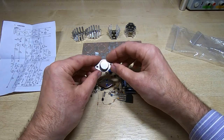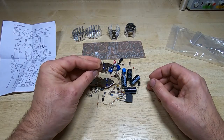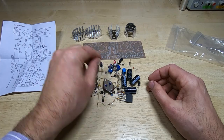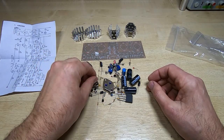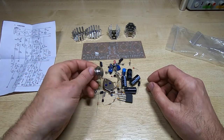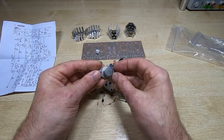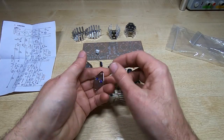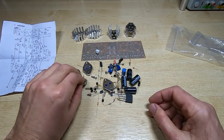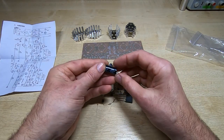There are no markings on these devices. There'll be something along the lines of a 2N3055, but there are no markings on any of them, so they could be anything. So I don't think it's been scrubbed off, it just never seemed to have been marked, so the quality doesn't seem too bad. And okay, but the rest of the parts, capacitors,